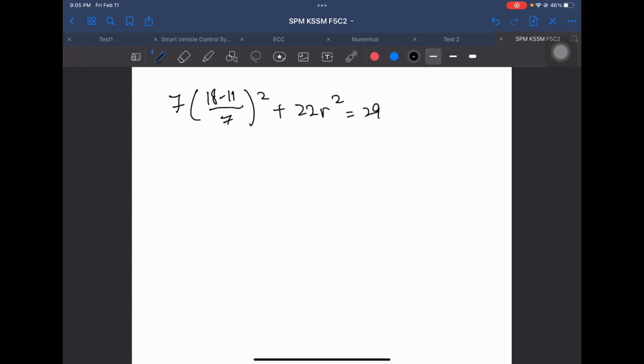Okay, so expand this, you got 18 squared minus 18 times 11r, 396r plus 121r squared over 49, 7 squared. Okay,